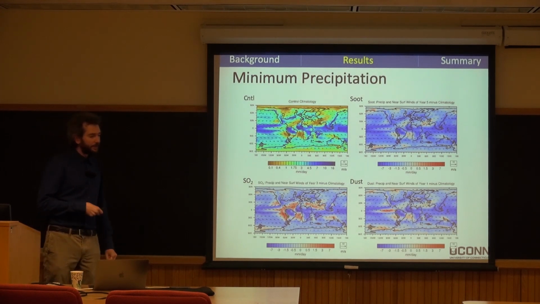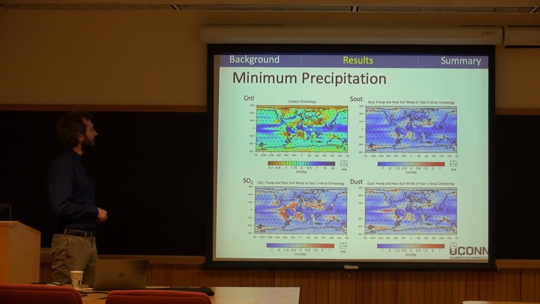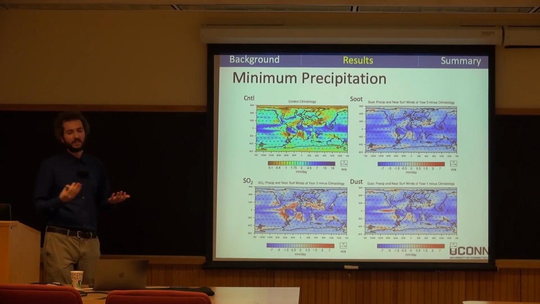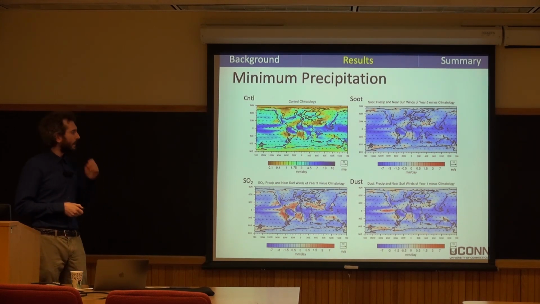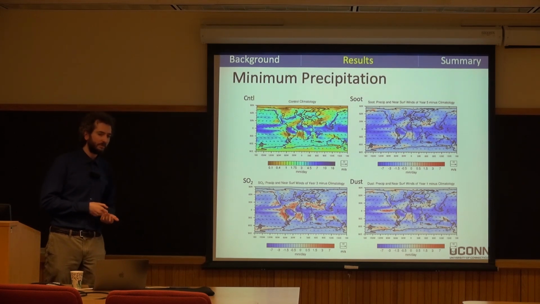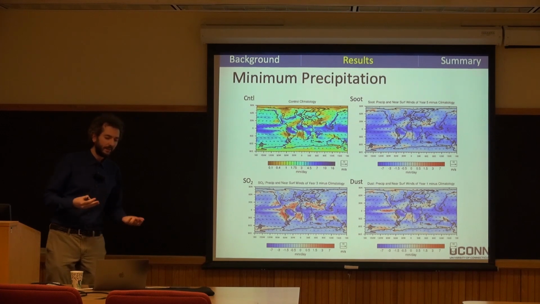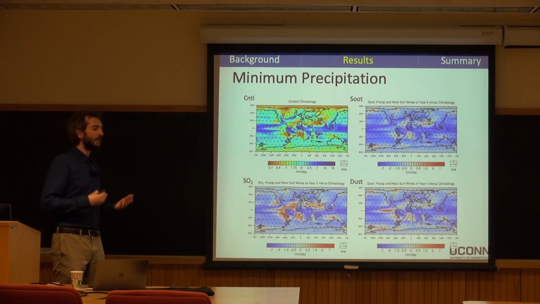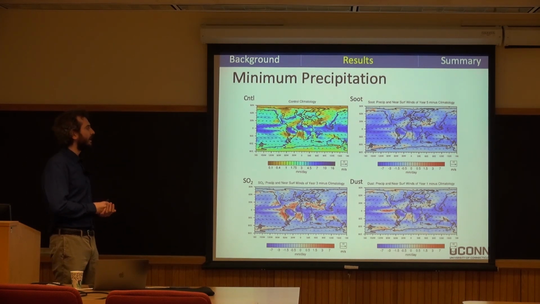All right, so again, we can look at this spatially, and here I'm showing the lowest level winds of the atmosphere and the climatological precipitation for the control, the pre-impact climatology. Overall, as you'd expect, some fairly typical, easily identified features. You have a Walker circulation here, convection in the western equatorial Pacific, subsidence in the eastern equatorial Pacific, some dry zones in the subtropics due to the Hadley circulation, and mid-latitude storm systems bringing moisture in those regions. Typical climate features, not really that different in the Cretaceous compared to present day, to first order.